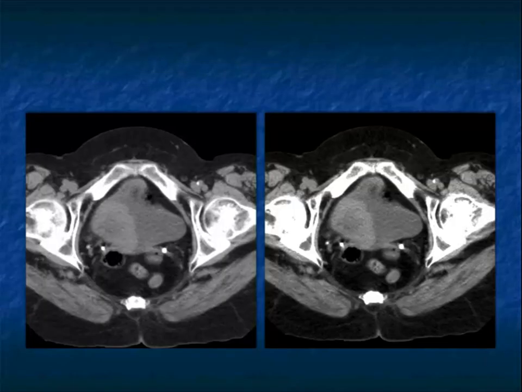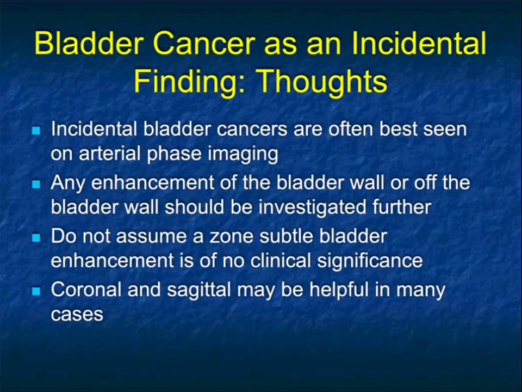A couple of years later, the patient resurfaces. Now his back pain, there was a bone met. You did the abdomen, and there is a bladder mass that's bigger than it was before. Missed bladder cancer. Incidental finding, missed. But even that's not what I'm talking about, because that was a non-contrast study, and that was a pretty big mass. I'm talking about our protocols are to give patients water before we give IV contrast,